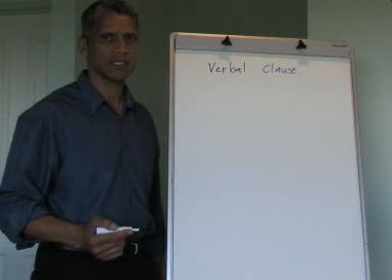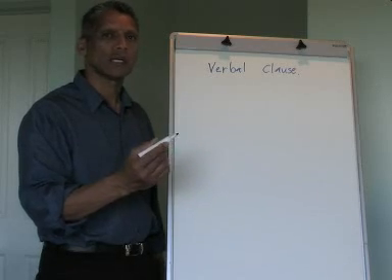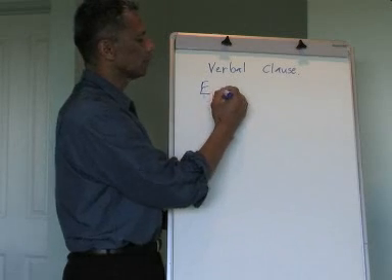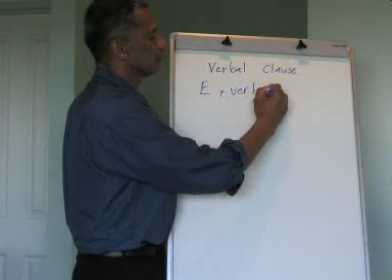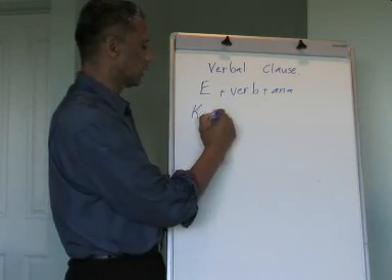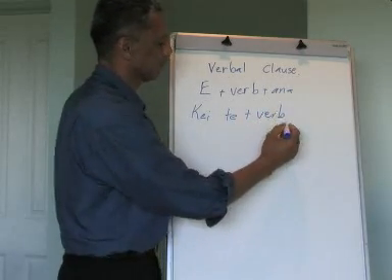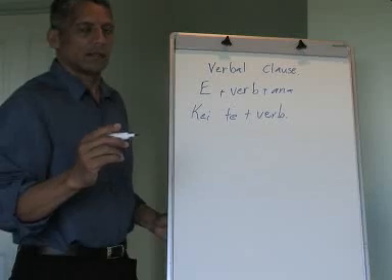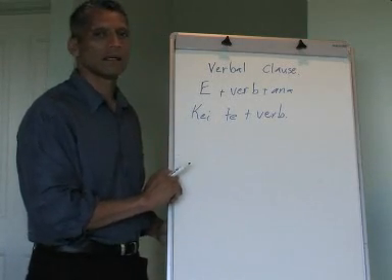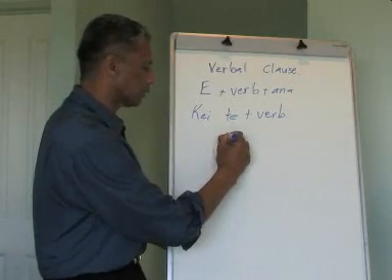In Maori there are two ways of changing the verb into an action. For example, we can use e plus verb plus ana, or we could use kei te plus verb. When we're using either kei te or e ana, that changes the verb from, for example, e tu ana.